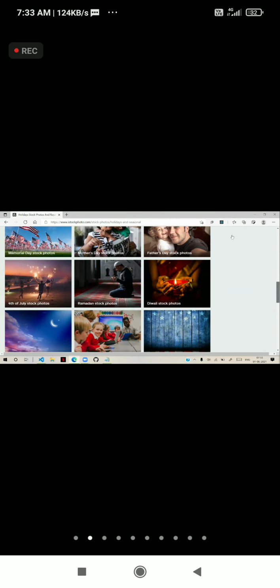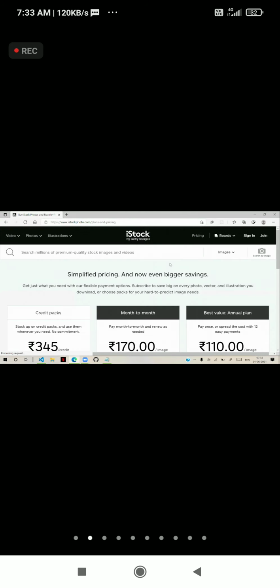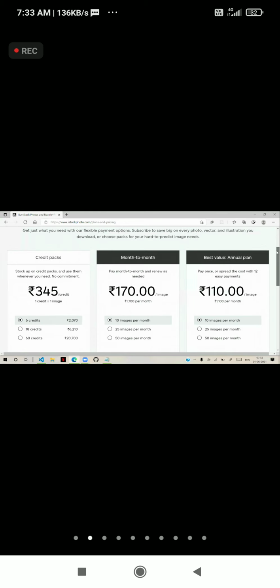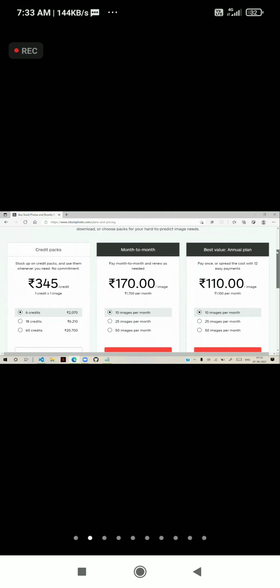Some are free and some you have to pay. So see, one credit is one photo, one image costs 345 rupees. That means per credit is equal to one image.